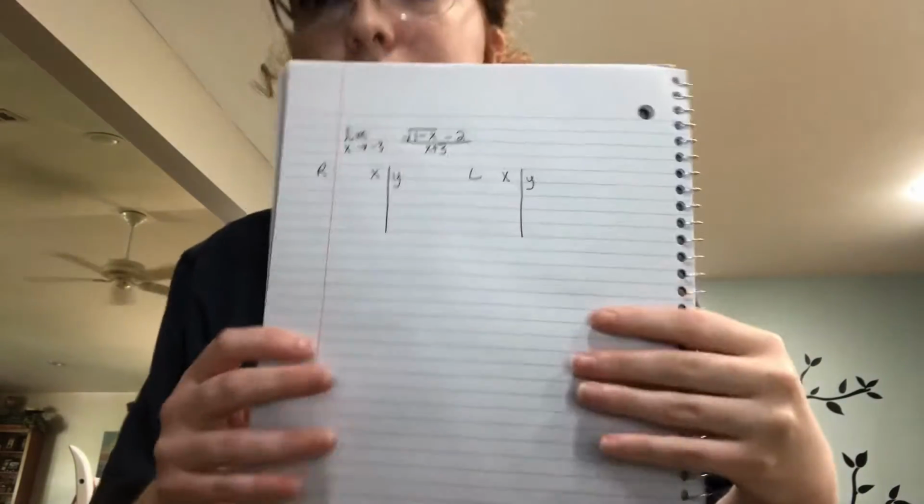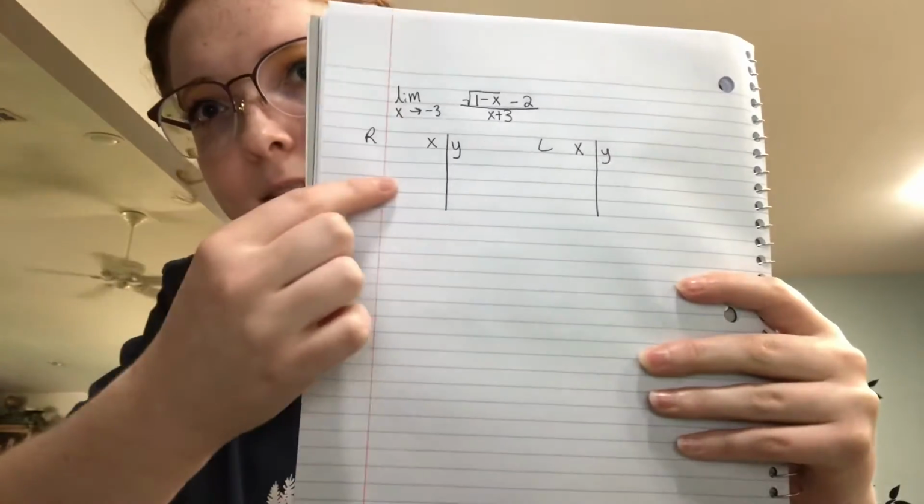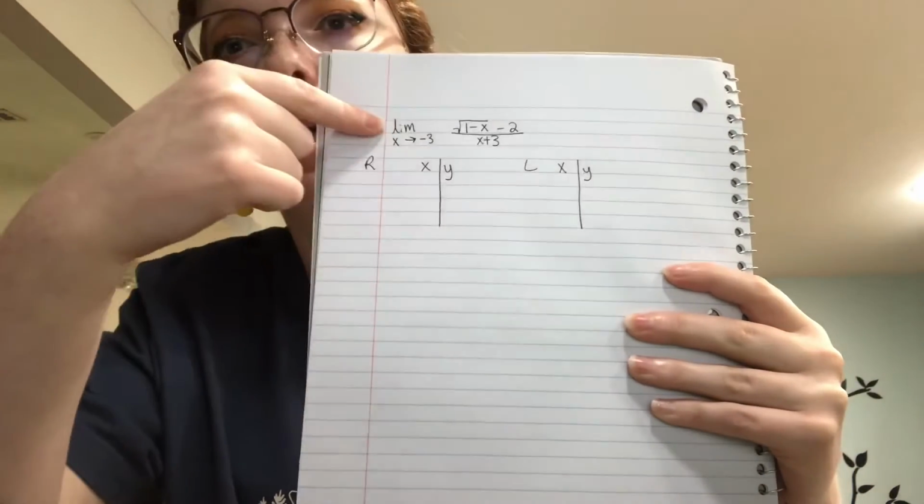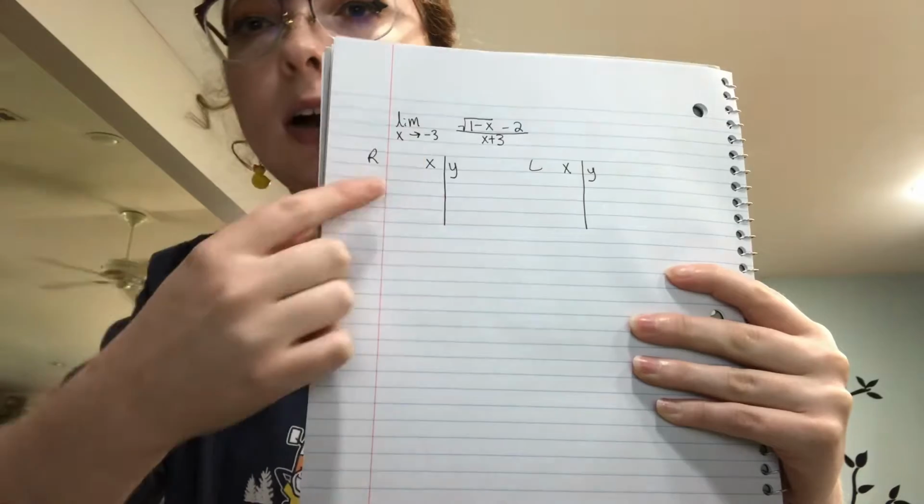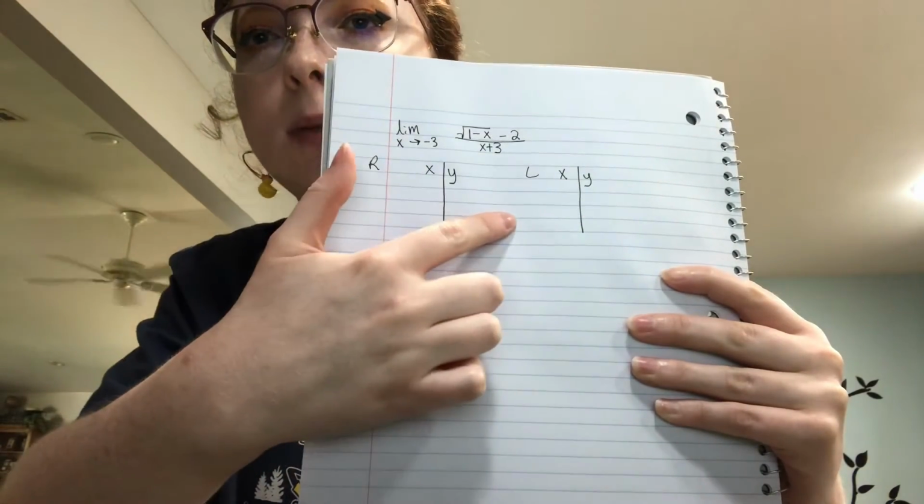Okay, number 20. Sorry, I don't have a camera. So you have your equation here. I wrote it out and made a right and a left table. What I'm going to do first is go from the right and the left side of